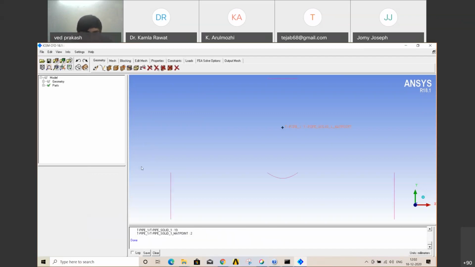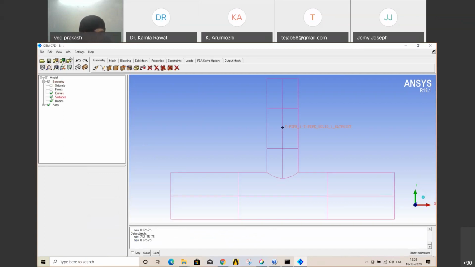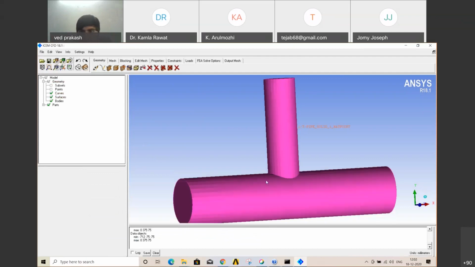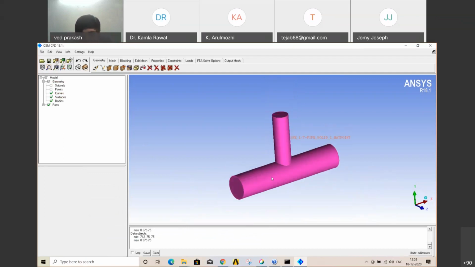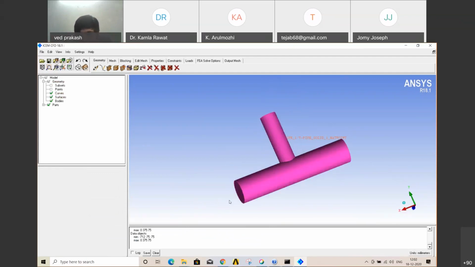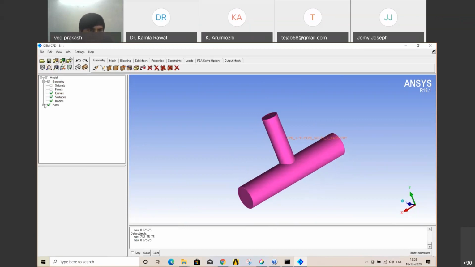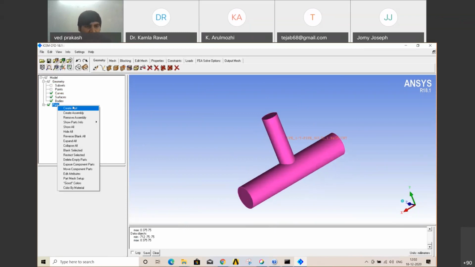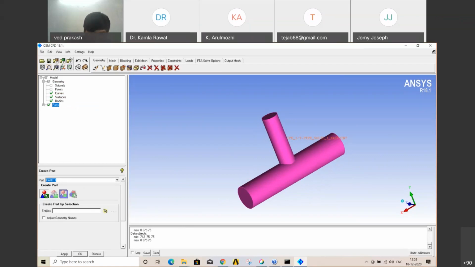So here is our geometry. Just open your tree model, surfaces. This was the geometry initially which we discussed. Just give naming, or naming is not required, but for our understanding, just give let x.